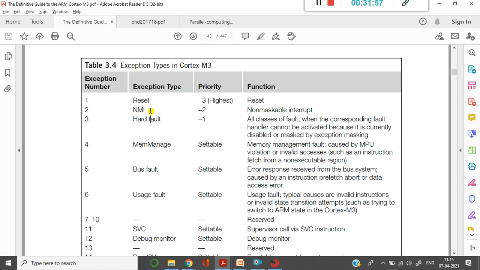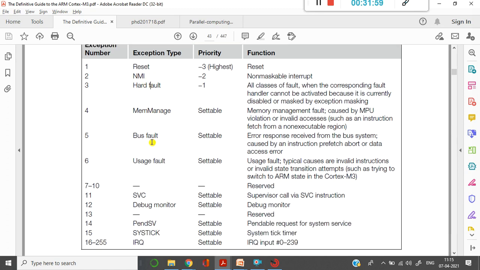Similarly, you just go through the different exception types, like memory management, where the priority is settable. It depends upon the programmer; based on your programming, you can set the priority high or low.